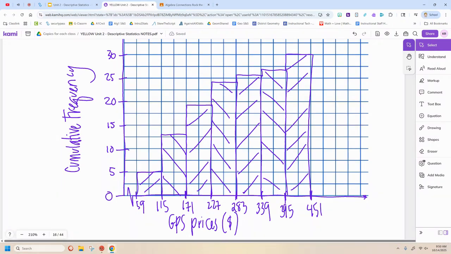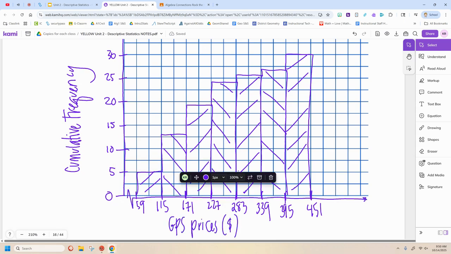Then you could be like, all right, well, 100 might be here. There's only 4 of them that might be less than that. So you could still do some estimating, or you could be like, well, you should be able to find at least 20 GPSs that are going to be less than that 283 price. So it's a little bit harder to do on the cumulative frequency histogram,